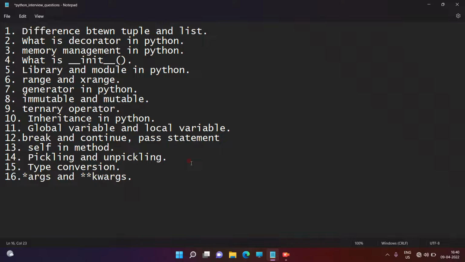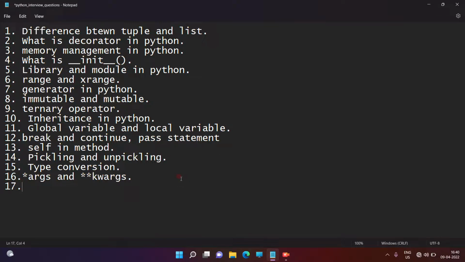Double star kwargs returns a dictionary. So this is the use of double star and single star args.